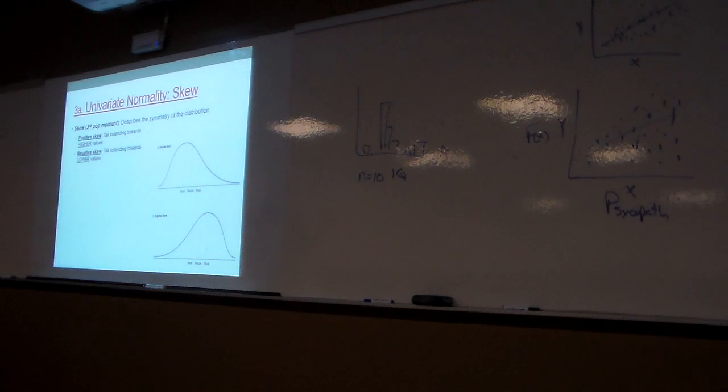Skew is your third population moment. It's a metric of symmetry, right? Positive skew has tails extending towards a higher value. Negative skew has tails extending out towards the other side. This is a nice and helpful thing to keep in mind. If I have a skewed distribution, my mean is dragged all the way out towards the tail. My mean is going to be the farthest place out. My mode is going to be where the hump is. That's going to be on the other side.